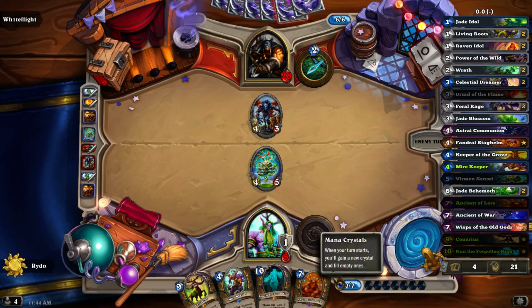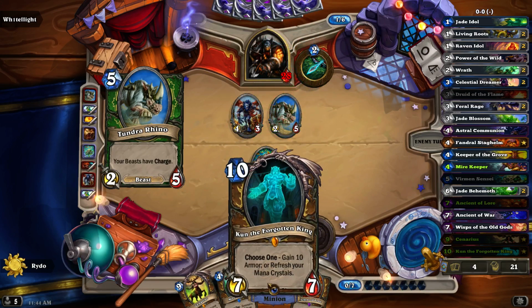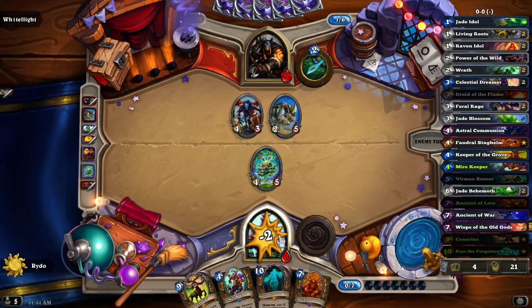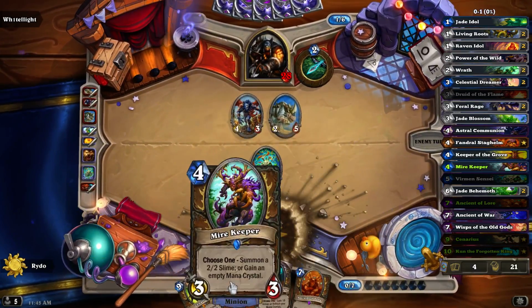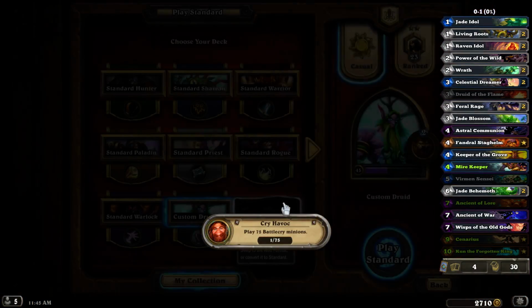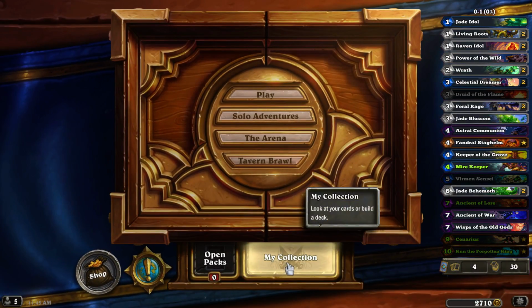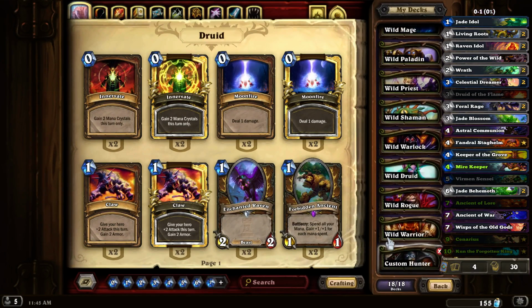But yeah, these choose one cards are too late in the game. This idea that you could potentially gain 10 armor or refresh your mana crystals is nice, but the only way you pull off any of these late game cards is to have a strategy to protect yourself, so you kind of have to build a taunt deck. I only played one battle cry in that entire thing, so